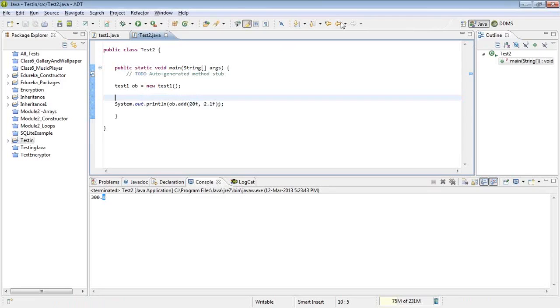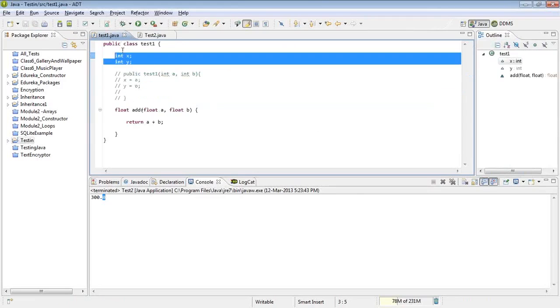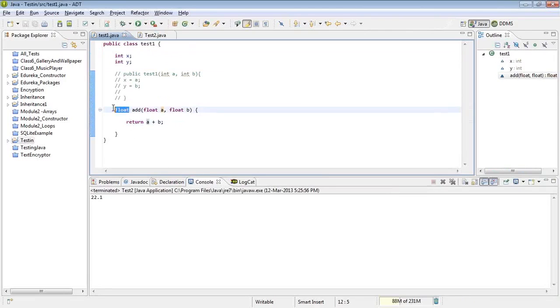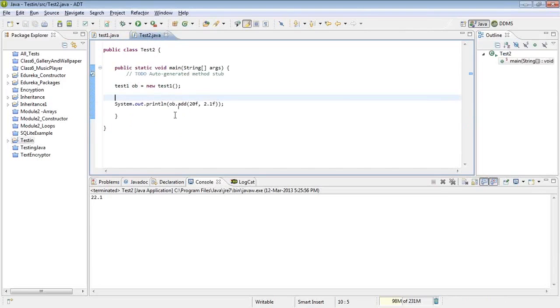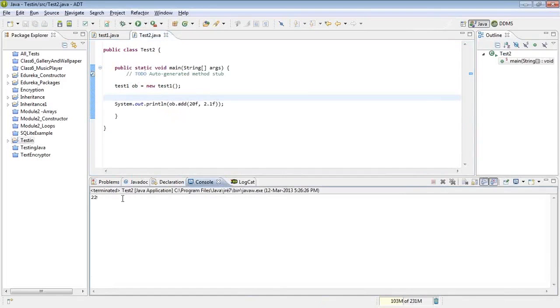Okay, good. Now I run this code. Now this time this will be returning a float value. I run it and I received 22.1. Now I'll show you typecasting as well. So I'll change it to int, and here, okay. Now this will actually convert the addition of A and B from float to int. It will be typecasting it, and here we'll receive the result. So I'll just run the code. This time I'm receiving 22.